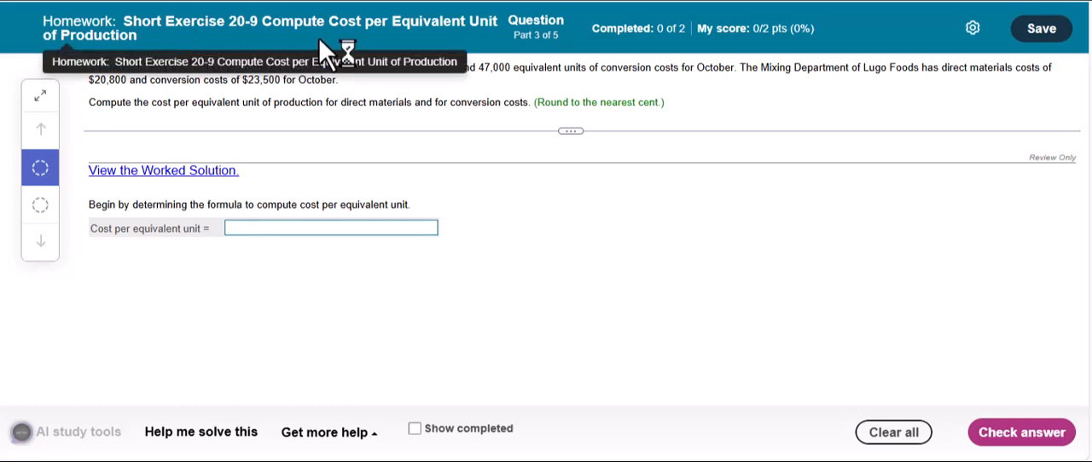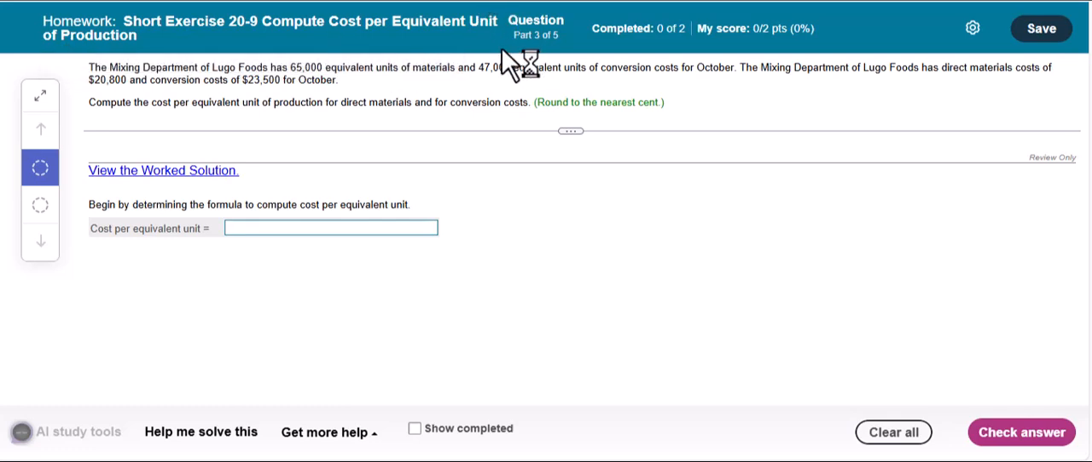Short exercise 20-9, compute cost per equivalent unit of production. This is sometimes abbreviated EPU. So the mixing department of Lugo Foods has 65,000 equivalent units of materials and 47,000 equivalent units of conversion costs